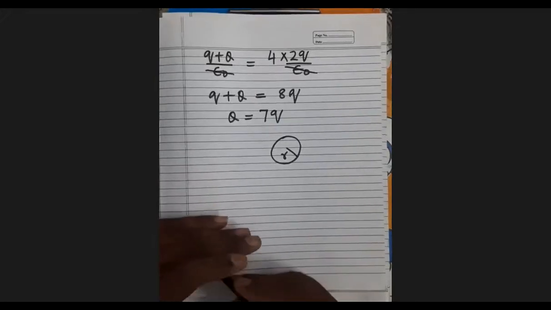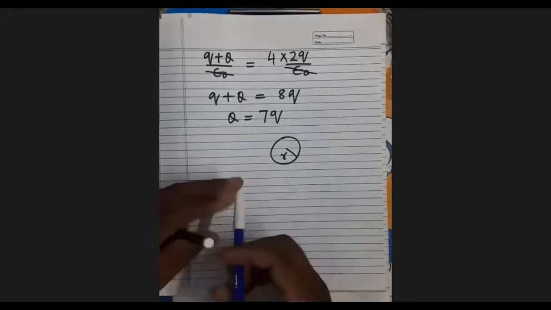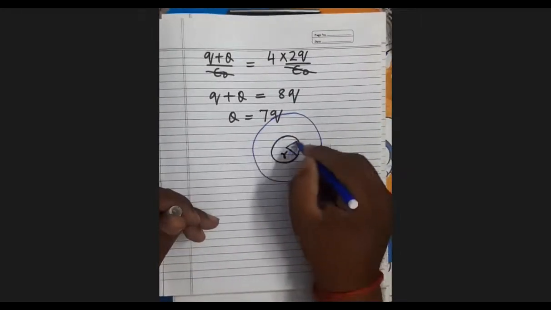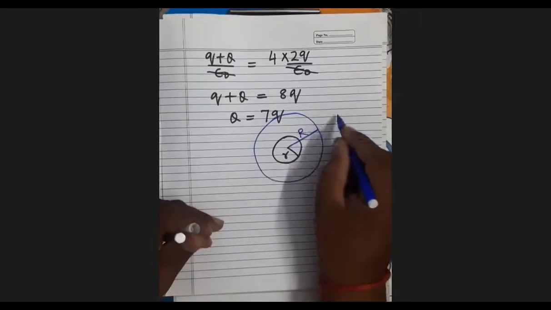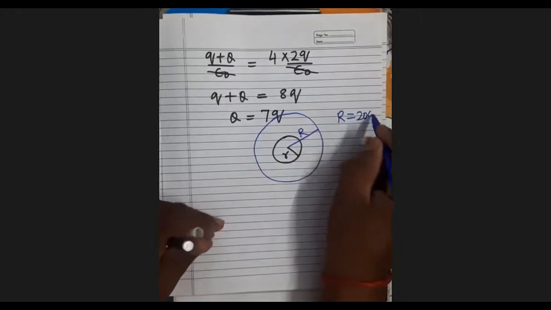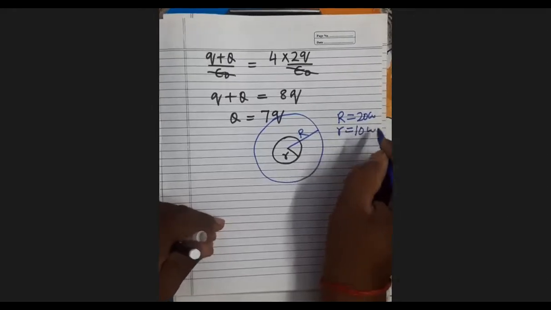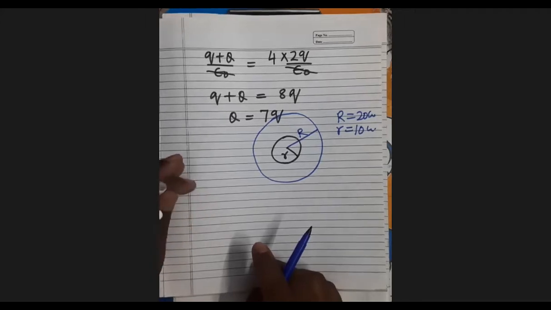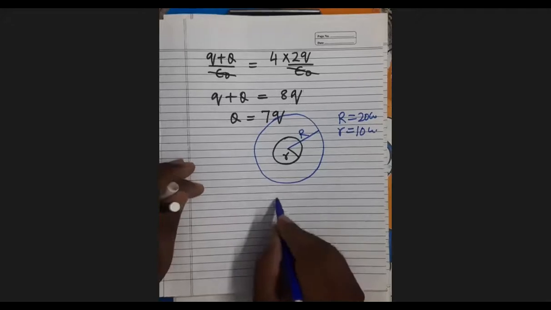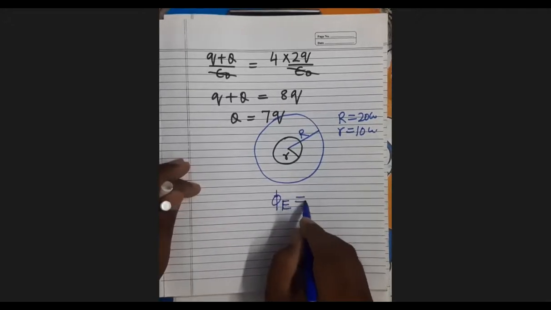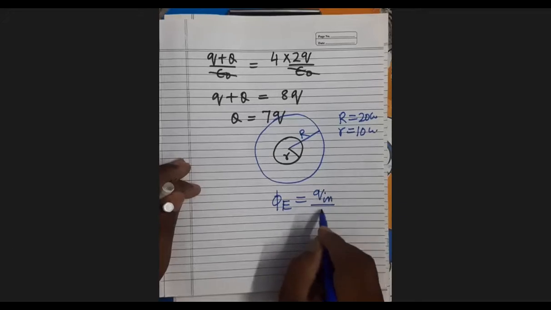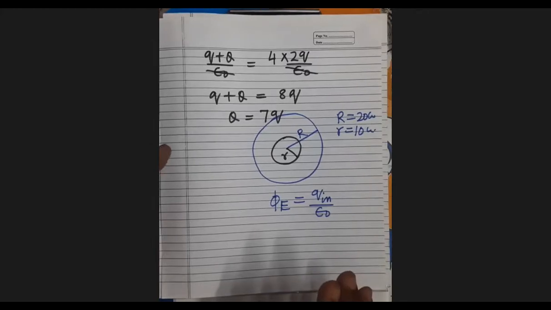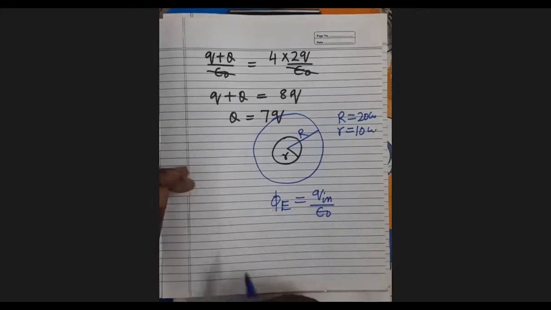Now the radius of the Gaussian surface is doubled. Radius of the Gaussian surface is doubled means now the Gaussian surface becomes the spherical shell of 20 centimeter radius. R equals to 20 centimeter, small r equals to 10 centimeter. So here it has been asked how much flux would pass through the surface. Same flux will pass because the amount of flux passing through the surface depends upon the charge enclosed by the surface. It only depends upon the charge enclosed by the surface. So that is same in both the cases. Charge is here.